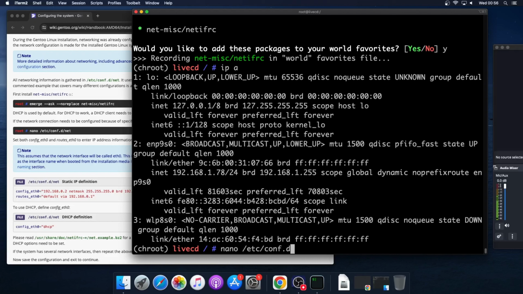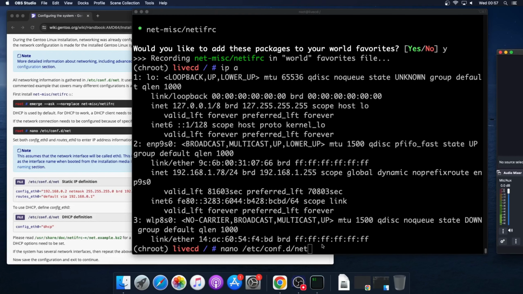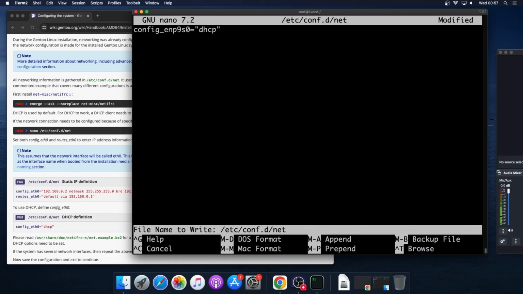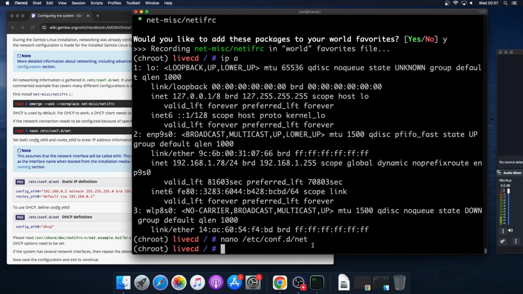So we have to do nano /etc/conf.d/net, let's see, enter, and here we have to specify config_enp9s0, that is our network interface, equal "dhcp" in double quotes, Control O, enter, Control X,